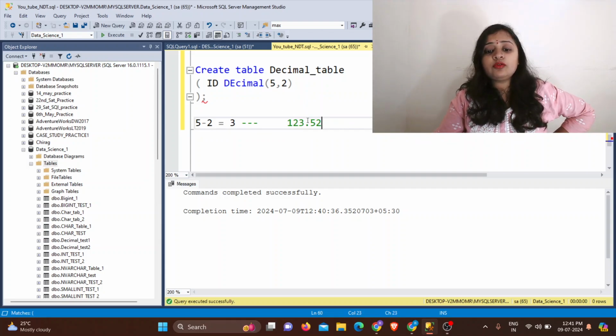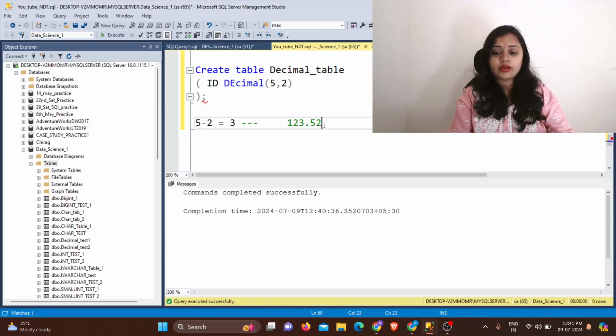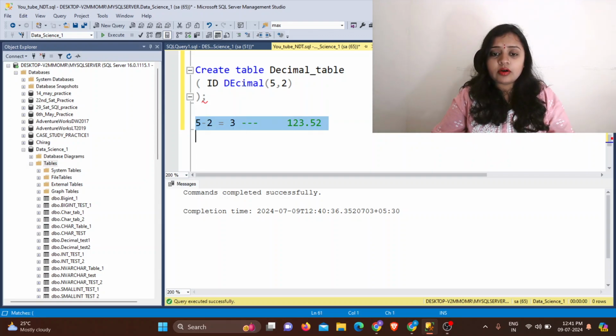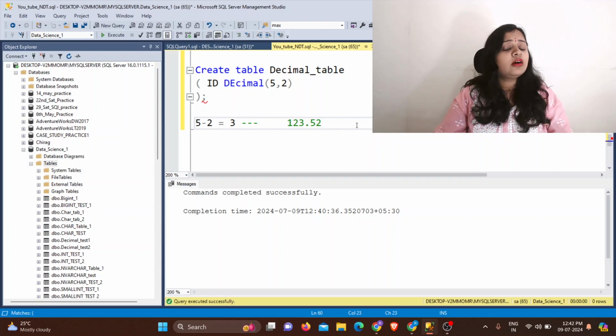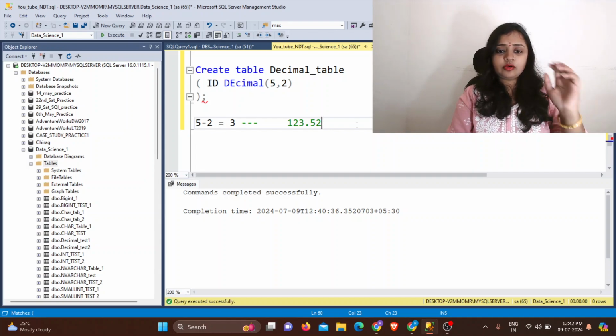After the decimal point you can give only 2 digits, because we have given the range for that. Now if you try to give more than 2 digits, then what will happen? If you try to give more than 3 digits here, then what will happen? We will see this one by one. Whatever range you are giving inside this bracket in the decimal, you just need to subtract these two numbers from each other. Whatever the answer is, only that number of digits is allowed before the decimal point strictly, and after the decimal point you are allowed only 2 numbers. If you try to give more than 2 numbers, then what will happen, and what it will show, we will see it one by one.